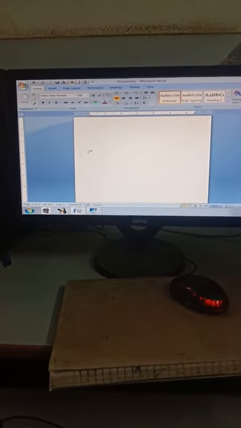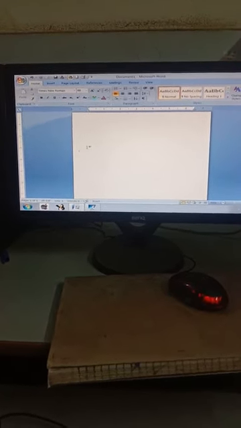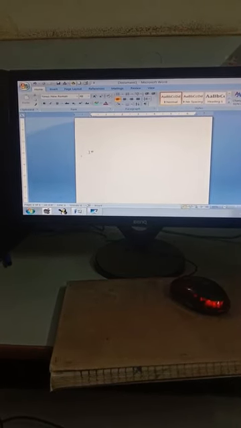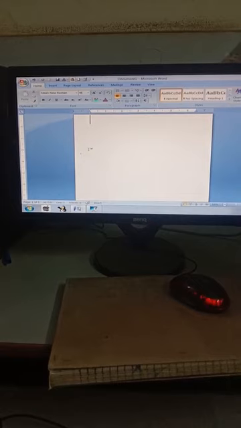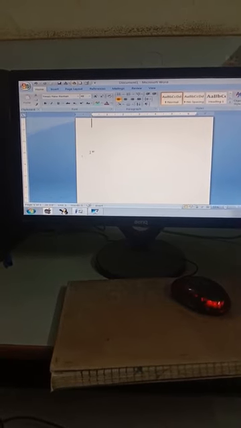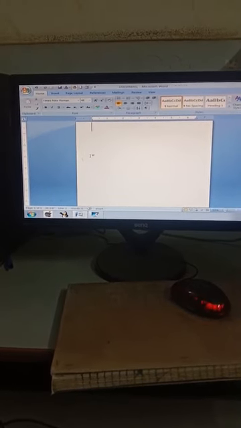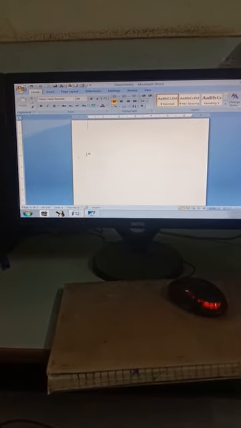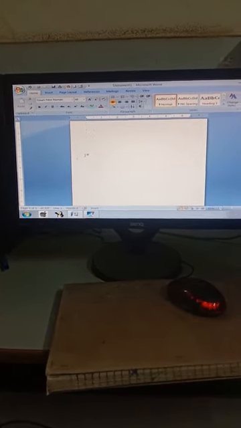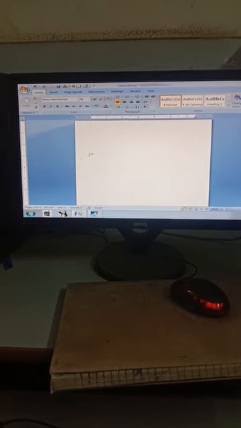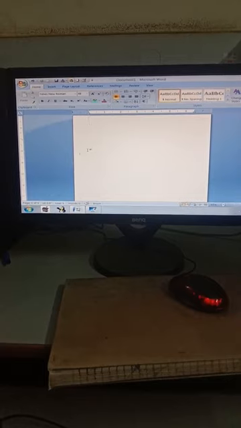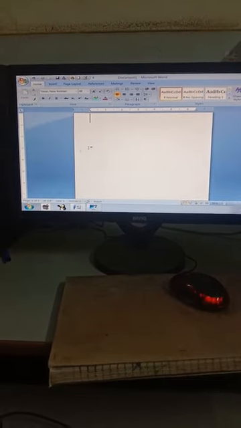So in order to review a document, we generally have two options over here: track changes and comments. So track changes, whenever we want to make any changes in the document and we want it to be colored, the color should be applied on the document, on the words or sentence that we have deleted or have inserted in between them. So here we use the track changes.